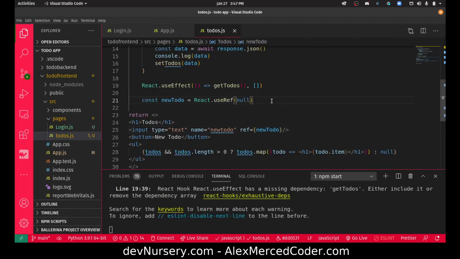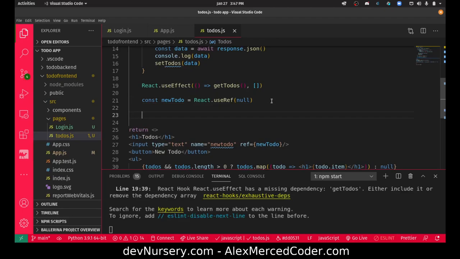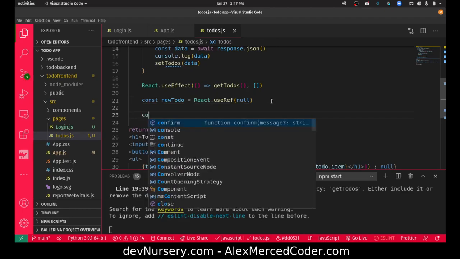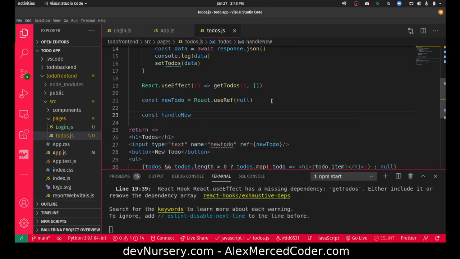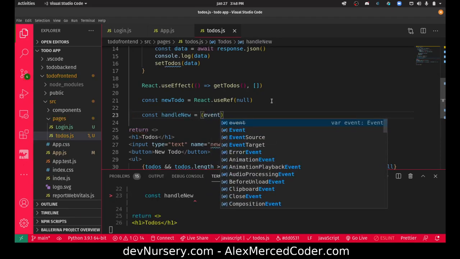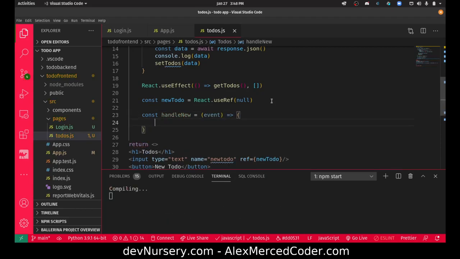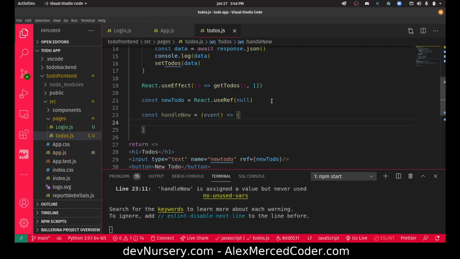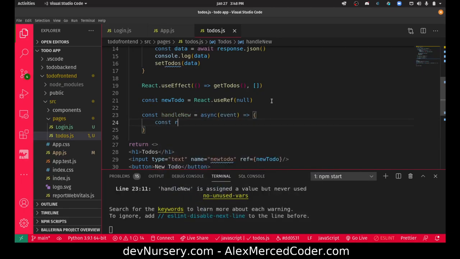And then we just need a function for when we hit that button. And what's going to happen when we click that button, const handleNew equals event, because it's happening when the button is clicked, so it gets an event. Not that I'm going to use it. And I want to make this async. What I want to do is const response